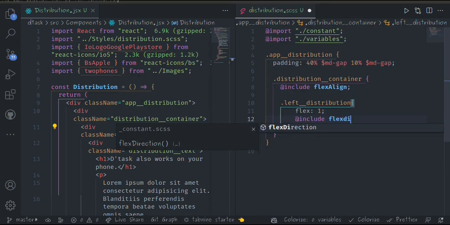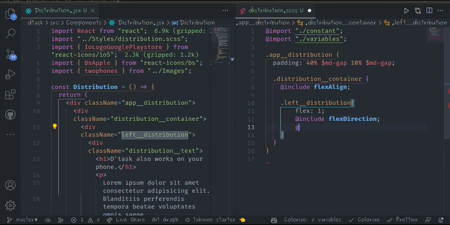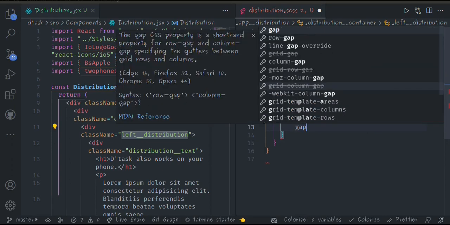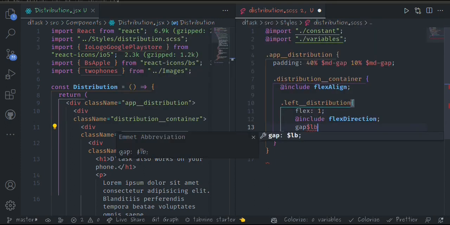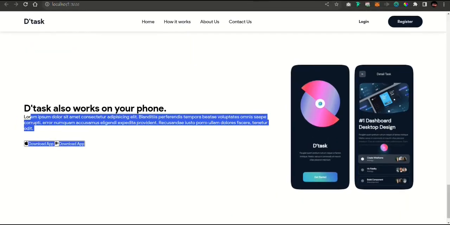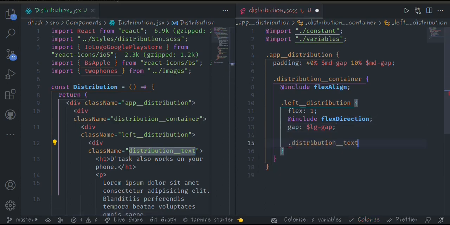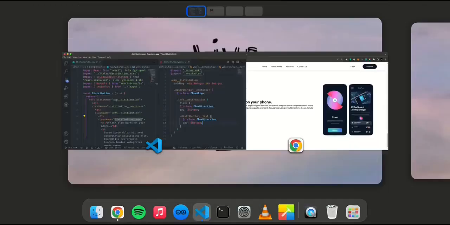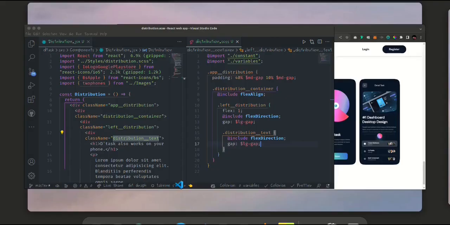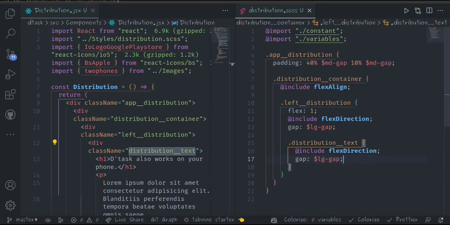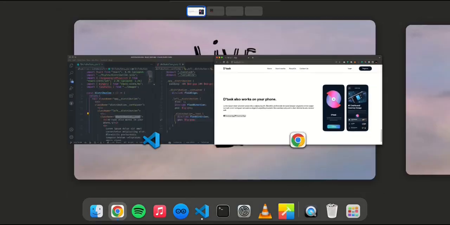and if I include flex direction, then I give it a gap of LG gap, like this. It has separated them from each other. And if I take my distribution text, and I include also the same. So with that being done,